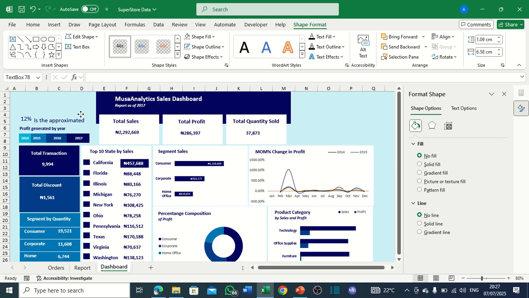Just make sure it's properly aligned. We can just shift this guy up small. Then you can shift this guy up small. And just